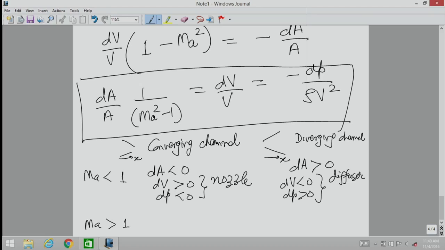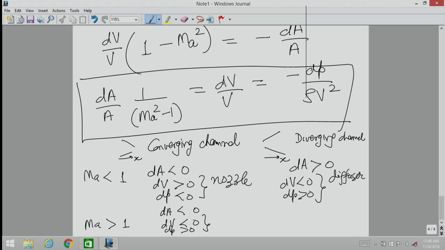When Mach number is bigger than 1, then we find the opposite trend. That if in a converging channel where dA is less than 0, dV will be less than 0 and dP will be greater than 0. That means as the flow moves in a converging channel, which is something very unphysical from a compressible flow viewpoint,